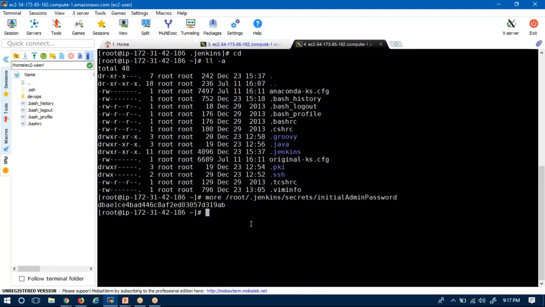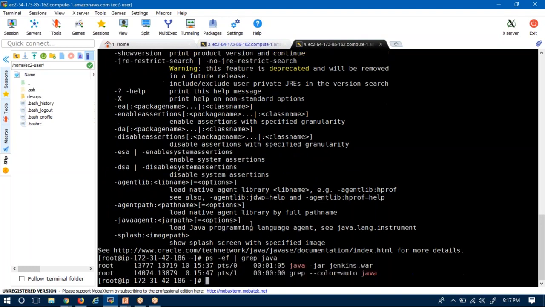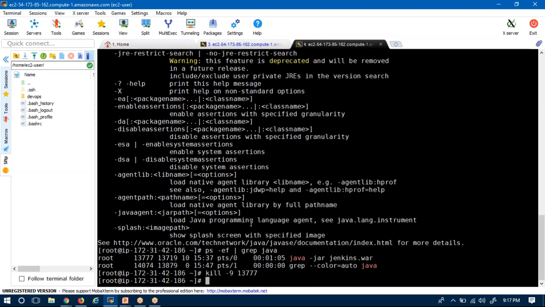Here I want to stop my running Jenkins server. So I'm going to find the PID of the Jenkins server. Now I'm killing that, 13777.